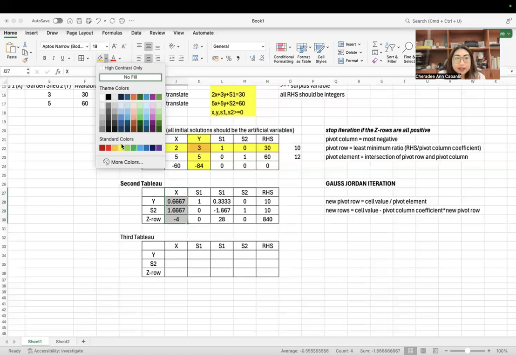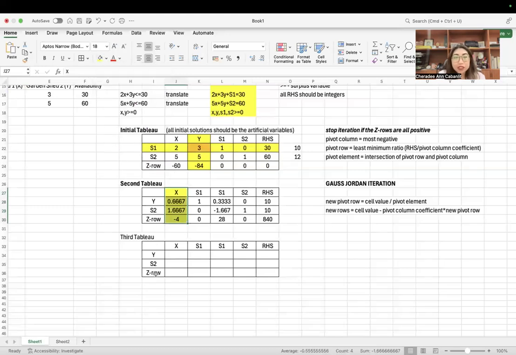That's x. So x now is the entering variable. And let's get again the minimum ratio. So right-hand side divided by the pivot column coefficients, we have 15 and 6. So obviously, this is now the new entering variable in your third tableau. So x will now come inside here in the initial solutions, and the second artificial variable will go outside or will replace the column.